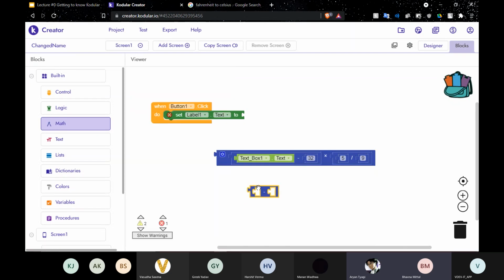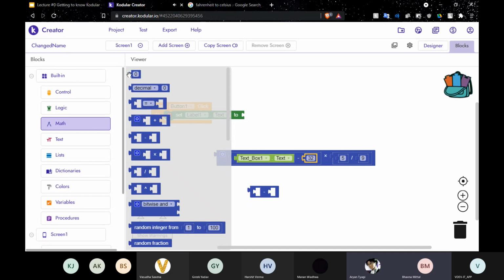माइनस वाला हम निकालेंगे, उसमें हम अपना टेक्स्ट बॉक्स डॉट टेक्स्ट डाल देंगे। उसके बाद हमें 32 डालना है, यहाँ पे ये एक स्पेशल बॉक्स हमारे पास आएगा जिसमें सिर्फ आप नंबर डाल सकते हैं। तो हमारे पास नंबर 32 वाला पार्ट है।